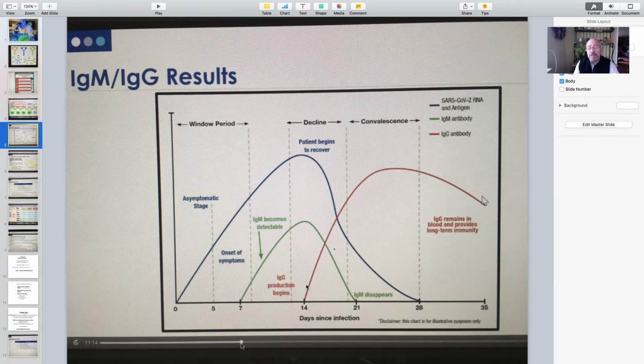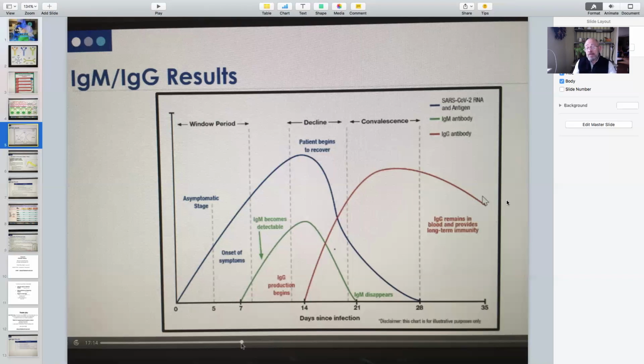So the IgG is starting to take off at day 14. The patient is mostly getting into a recovery phase when the IgG begins. So it's a later antibody response. And it peaks somewhere around days 25, 26, 27, somewhere around there. And then slowly drops. And then hopefully it'll have some sustained